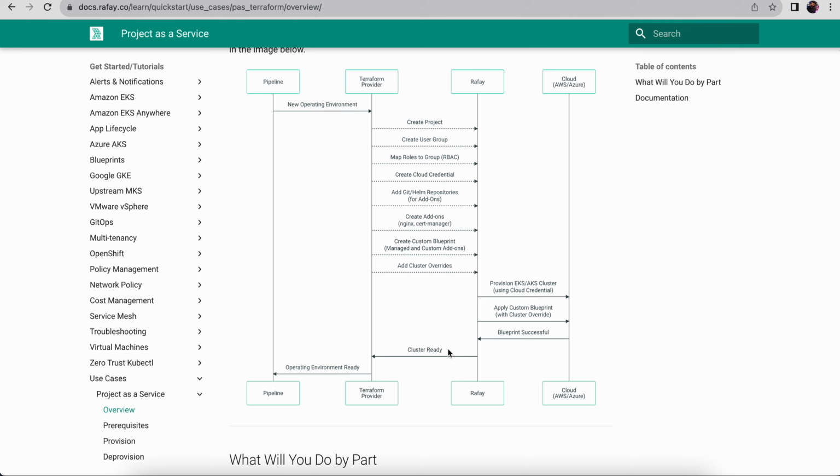We are going to create a project and a user group. We are going to map the roles to the group. We are going to create cloud credentials. We'll also create a git/helm repository for add-ons. We can create Nginx and cert manager, which can be customized further to add any number of other add-ons based